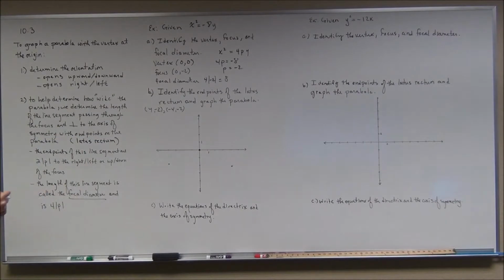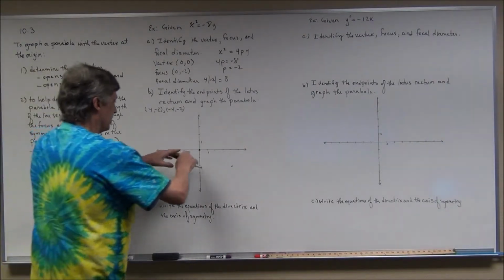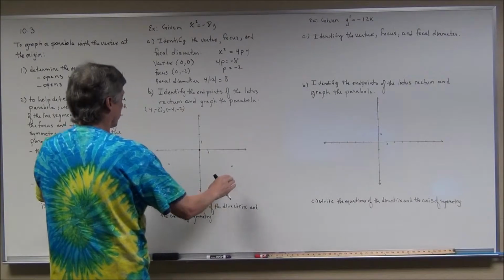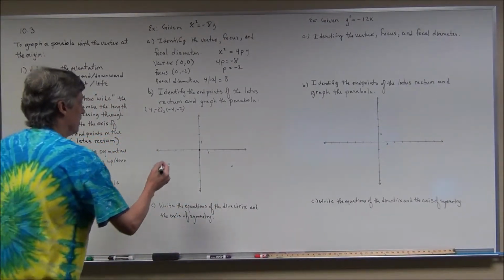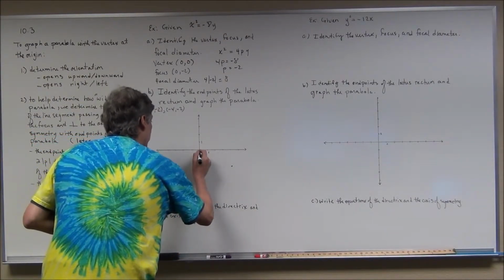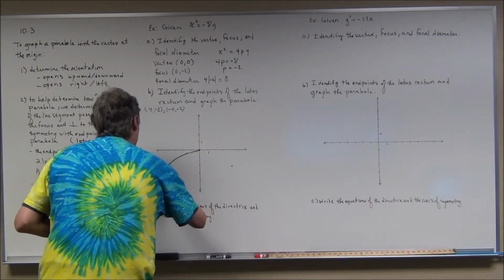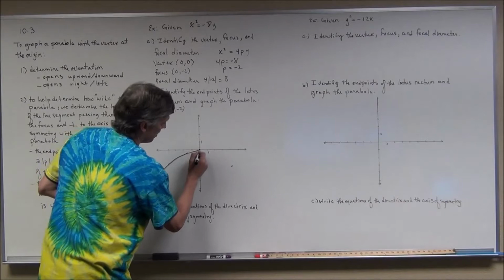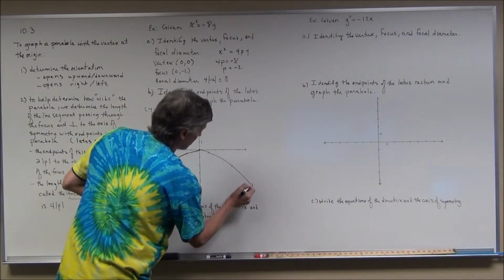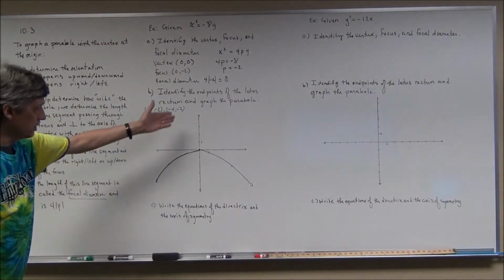And those would be the endpoints of your latus rectum there. So you can see it's going to go through those points. You can see it opens kind of wide here. See if I can get this to draw halfway decent. Oh, my pen's starting to fail me. There we go. And of course you want the symmetry to the y-axis, because the y-axis here is your axis